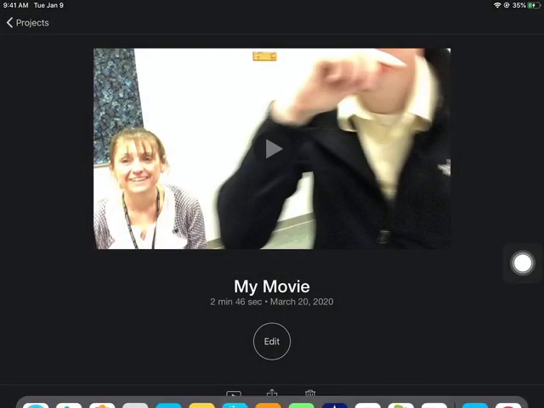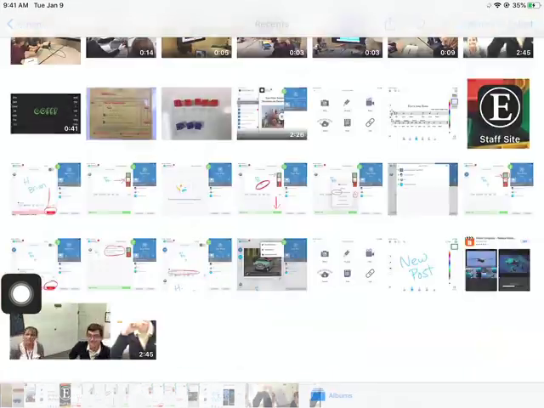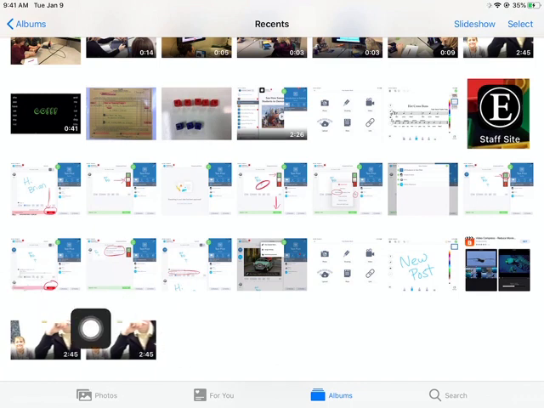I can go out, I'm going to pull up my dock and I'm going to come over here to my photos and you'll see that I have now the one that I just recently downloaded, and actually the original one's up here. So this is the file, the more recent one that I now want to go ahead and upload